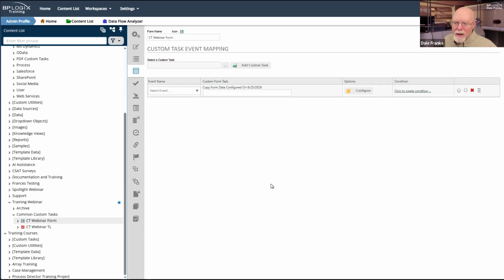Okay, well, now what do I do? How do I figure out whether I want to run a custom task from the form or whether I should run it from the process timeline? I can't give you a hard and fast, this-is-always-true guide, but I can give you some guidelines to think about.